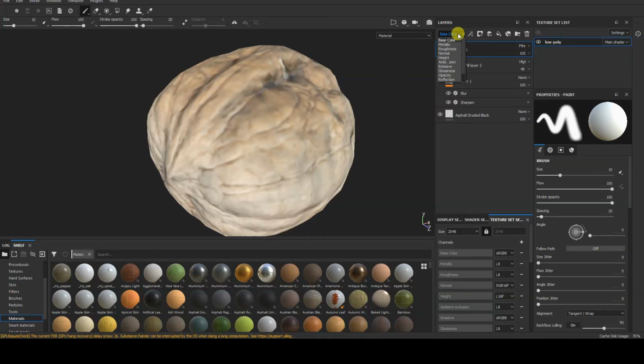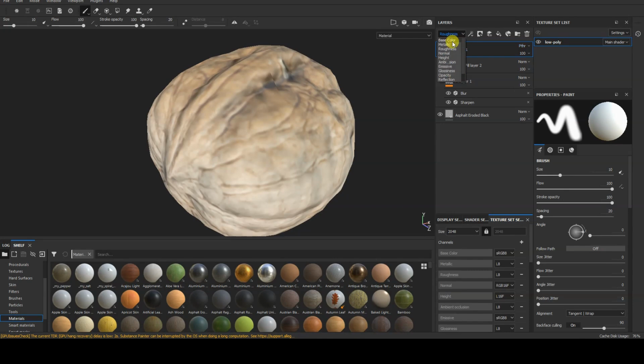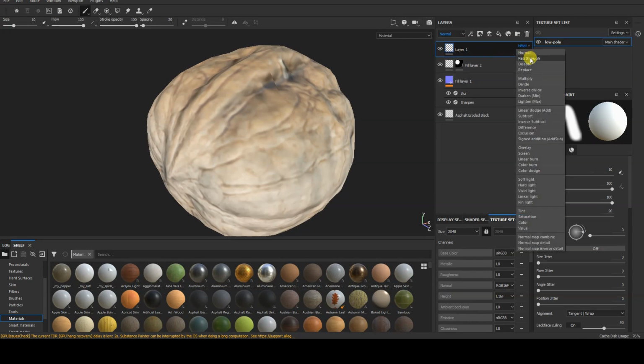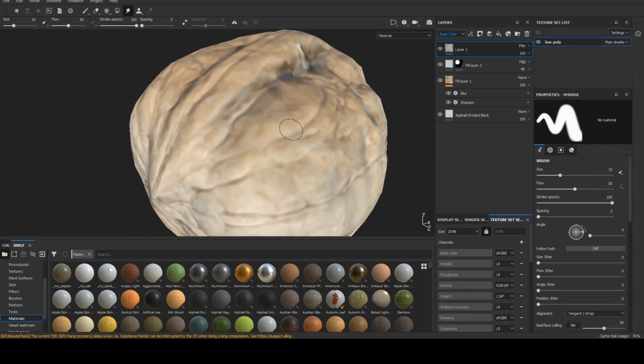Therefore, you must select the other channels you want to influence and change the layer mode to pass through each time. In our case, we are particularly interested in the base color, normal, roughness, glossiness, and ambient occlusion channels, but in other situations, you might also want to perform this operation for additional channels such as metallic, height, or specular. The pass-through mode ensures that this layer affects all the underlying layers.